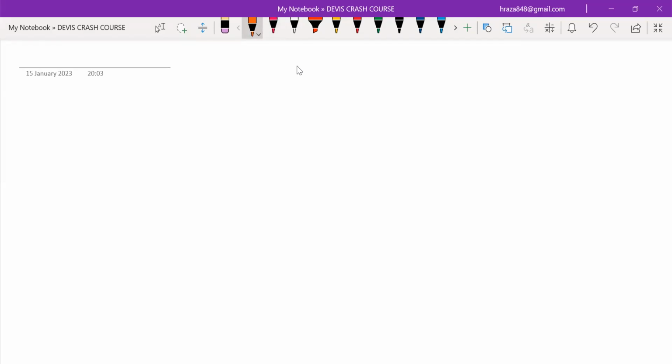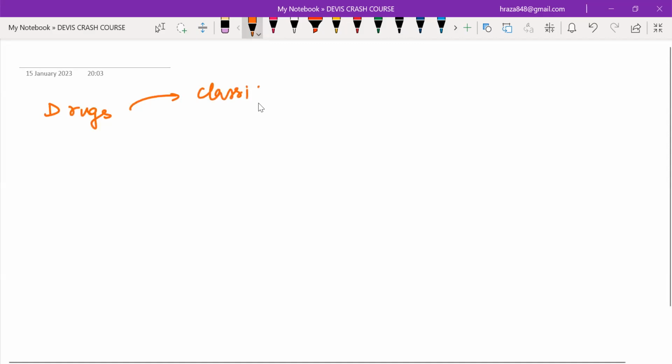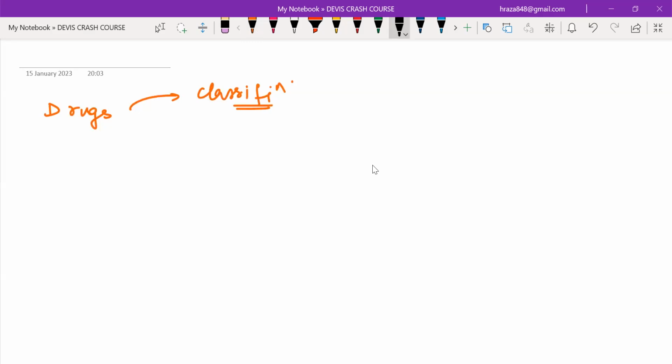See, I'm going to provide notes for this. I'm just showing you what is present in this chapter, what topic. Basically, this chapter deals with drugs and their classification. The classification has a base, like in biomolecules we had source and then arrangement like that. Classification of drugs on the basis of